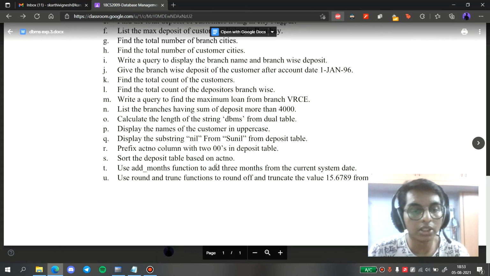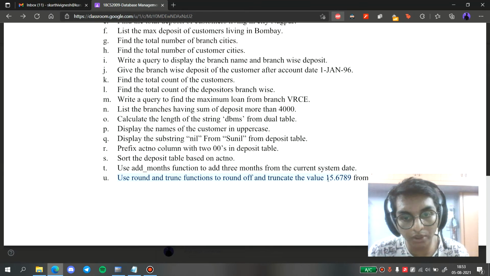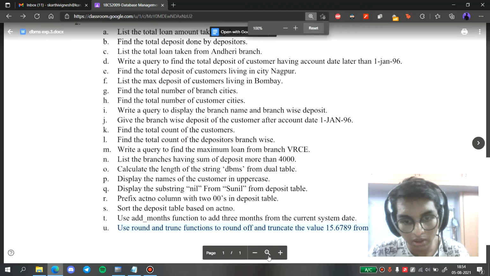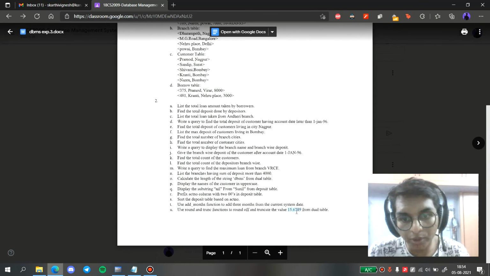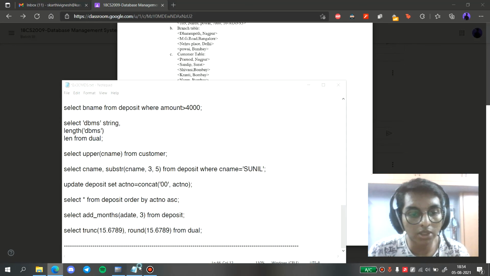So the final question is to use the round and trunc functions to round off and truncate the value 15.6789 from the dual table. This is also pretty straightforward. They have already given the commands that we have to use: trunc and round.